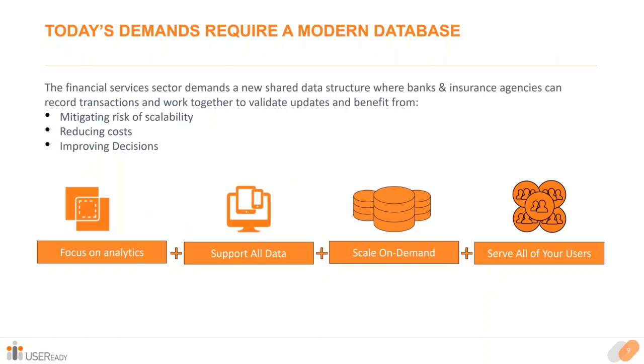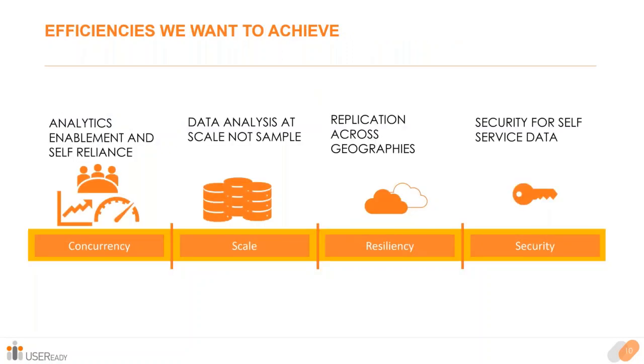So today's demand is enormous. So we get data from a lot of sources. So the challenges for us today are mitigating the risk of scalability, reducing the cost, and making the decision-making process seamless, right? So those are the key points we are looking at when we implement solutions in place. So the efficiencies with this architecture will be